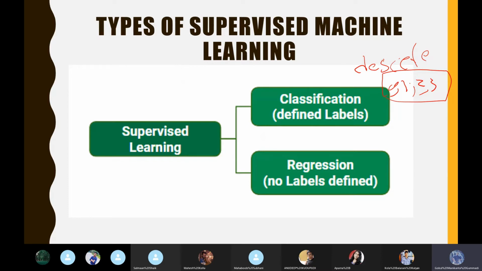For example, male and female. Male and female cannot be ordered data. It is categorical data, but it is not ordinal, it is nominal. Even this can be labeled as 0, 1, and we can use classification methods to create a model using whatever techniques we want to use.